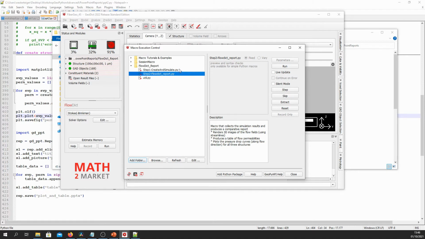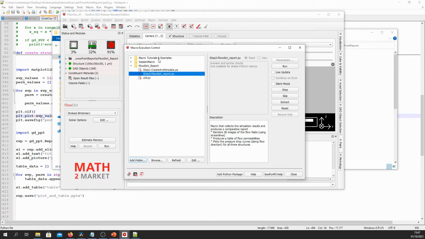So this basically does the kind of splitting that I talked about earlier, that you have one macro which does all the heavy lifting, which can run overnight or over the course of a couple of days. And then you have a second macro which collects this data and creates the report from it. So you can easily change the second macro and run it again within seconds to just change your report.